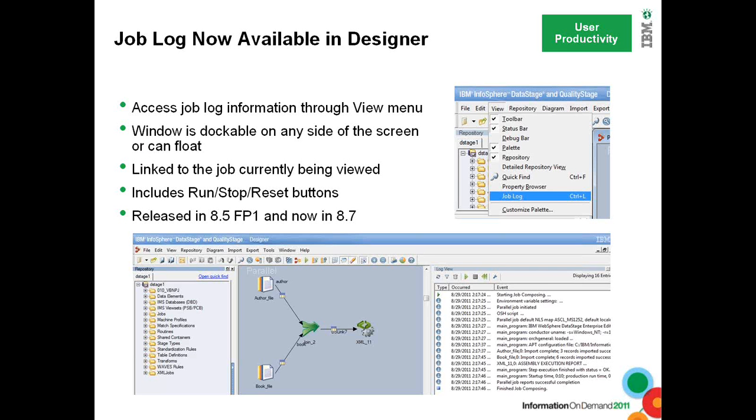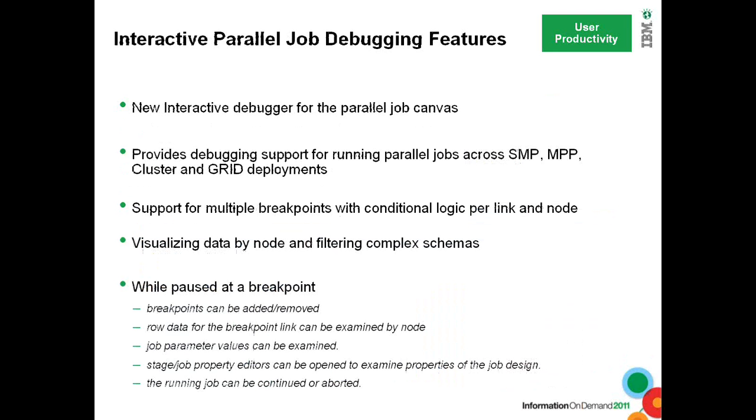For the users who have already used the job log in DataStage, they would find this feature really neat in the sense that the job log is now available directly from the designer, and it's actually a movable window which you can peg anywhere you want. So it actually gives you in-your-face results when you run the job, and what exactly the parameters are and all those things in terms of debugging, or you just want to see the general health of the job. Right. Moving on to the next one.